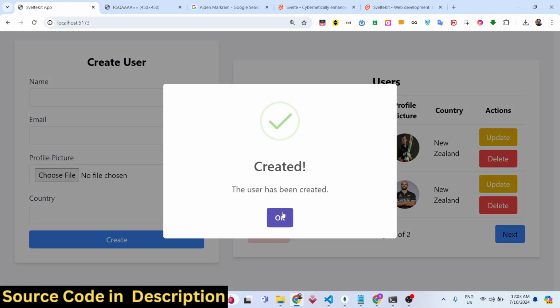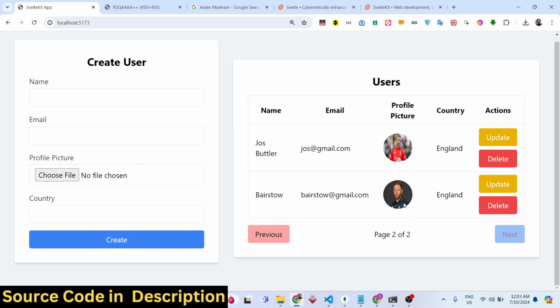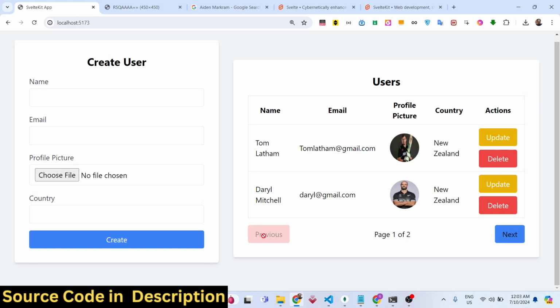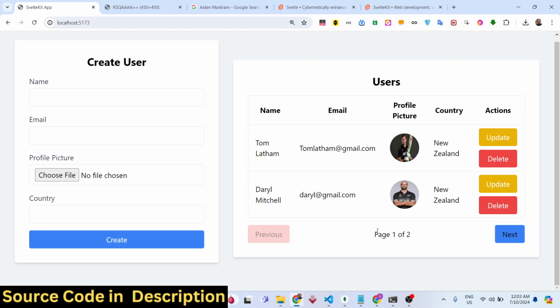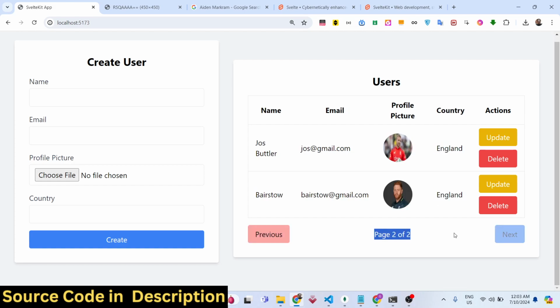So, very useful application. You can see that. Now there are four users split into two pages. On a single page we are displaying two users, on the next page we are displaying the other two users. So in this way you can